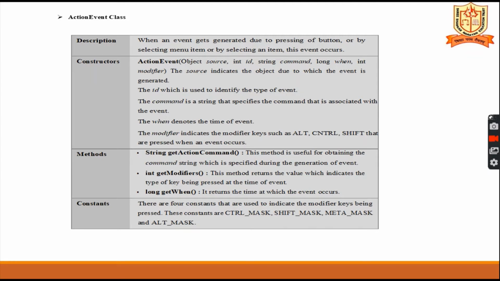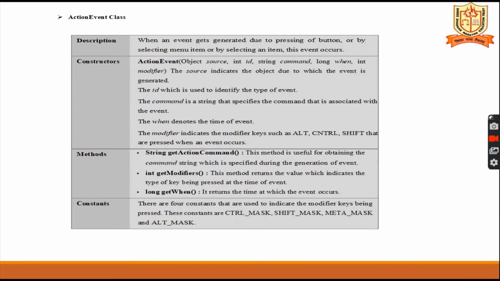The methods in the ActionEvent class are: first, String getActionCommand. This method is useful for obtaining the command string specified during the generation of the event. It retrieves the label name of the button. Next, int getModifiers returns a value indicating which modifier key you pressed at the time of the event, such as Alt, Control, Shift.